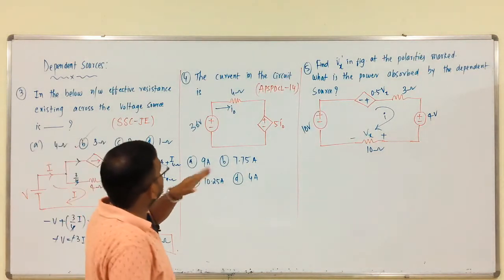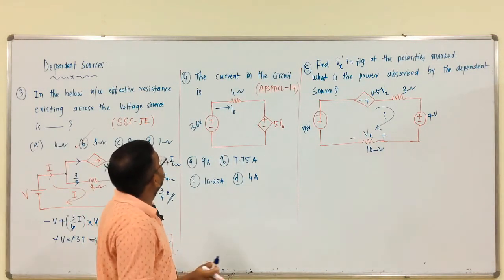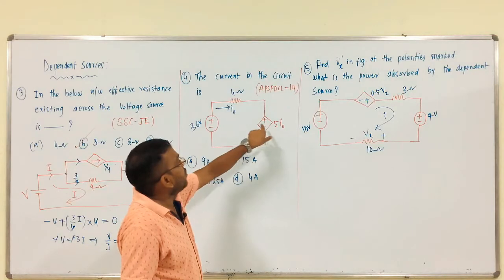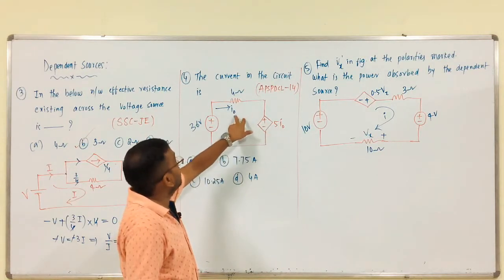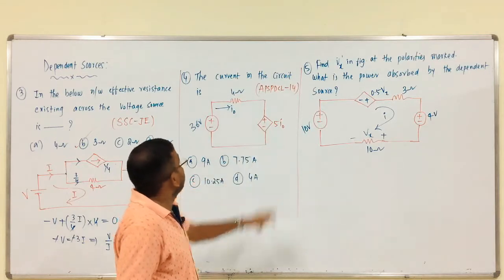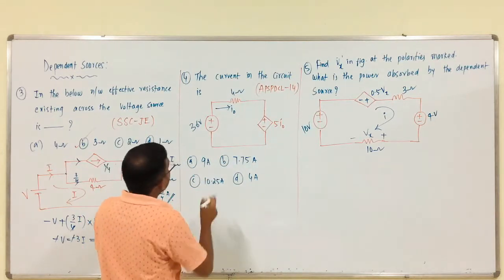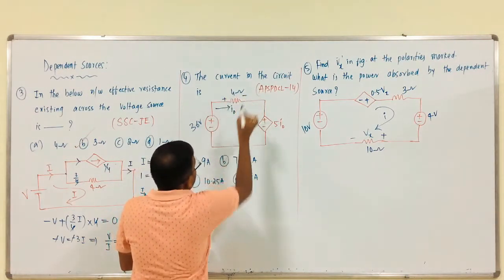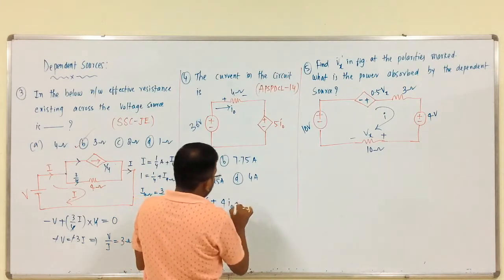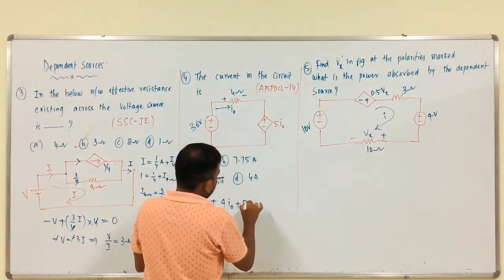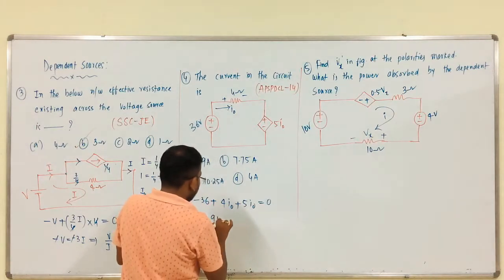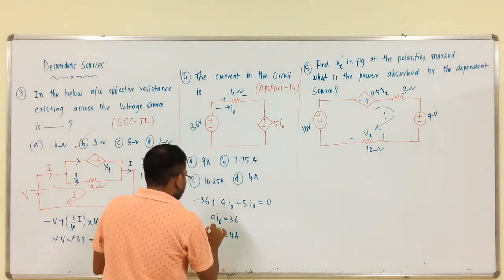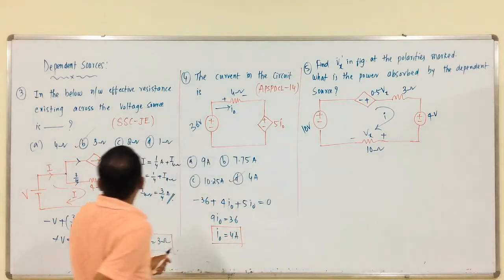So, next problem, this is AP SPDCL 2014 problem. The current in the circuit is what? So, this is the representation of this current controlled voltage source. This phi I naught is nothing but what? This voltage source value. Simple, by KVL minus 36 plus minus 4 I naught plus this is the value of voltage, right, that is phi I naught equals to 0. From this 9 I naught is equals to 36, I naught is equals to 4 amps. Simple problem. Okay, 4 amps.